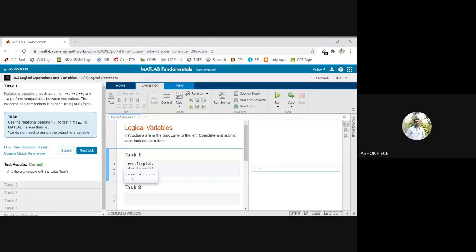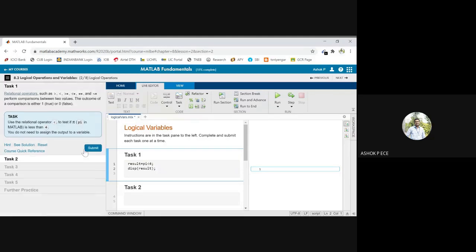It is less than 4. So the answer is going to be true. True indicates binary 1. Correct. So this task is over. Now see the next